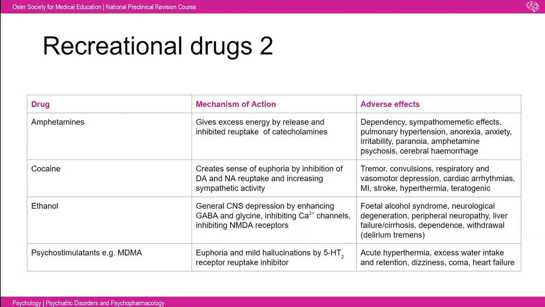Then we've got alcohol, or ethanol, as the medical term for it would be, which causes a general CNS depression by enhancing GABA, glycine, and inhibiting calcium channels. Although it has many different effects, and they're not really sure which are the main effects involved in addiction, it does affect a lot of your general neurology. The effects of alcohol include fetal alcohol syndrome, which can be absolutely horrendous, neurological degeneration, peripheral neuropathy, and then obviously